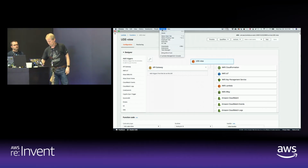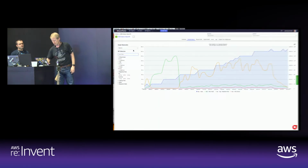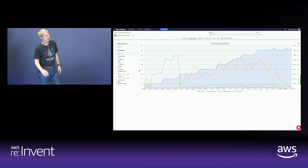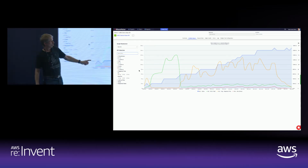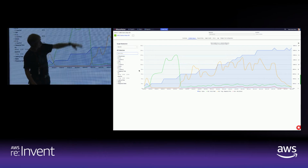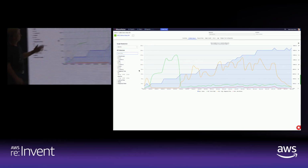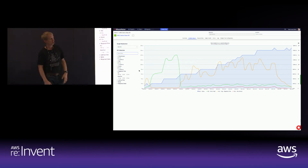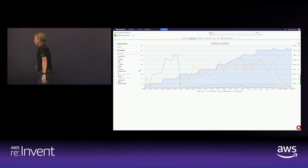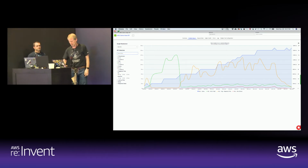For some reason I don't have my tabs in full screen. And this is that test I ran where things went horribly wrong, right? Where the load ramped, the hits ramped up, and then it plummeted, and the rest of it was a very ugly story. So this is BlazeMeter. It's called a timeline report. It lets you see what was happening. And then when things went better,